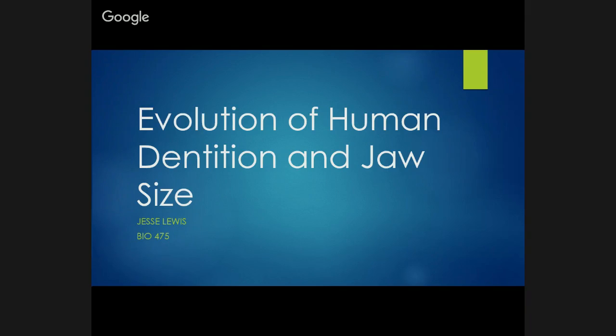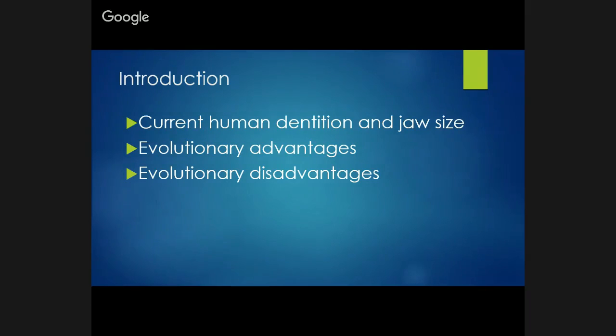My presentation is on the evolution of human dentition and jaw size. In this presentation, I will talk about the anatomical layout of the current human dentition and compare it to the dentition of primarily the chimpanzee. I will occasionally note the dentition of other species, but the main focus of this presentation will be the comparison of human to chimpanzee. I will discuss possible explanations that cause the formation of the current dentition and jaw size in humans. I will also talk about the evolutionary advantages and disadvantages that have surfaced because of the change in